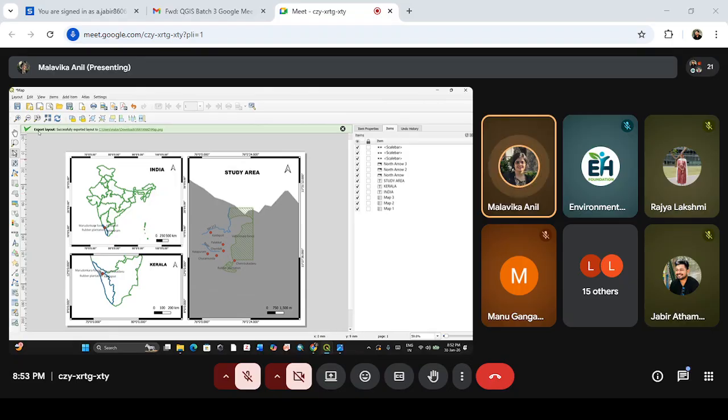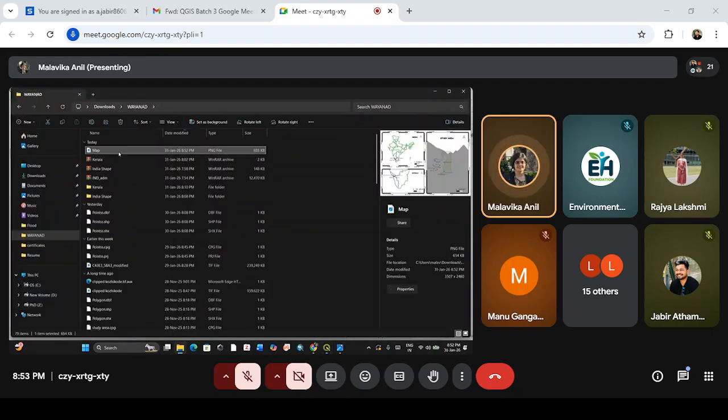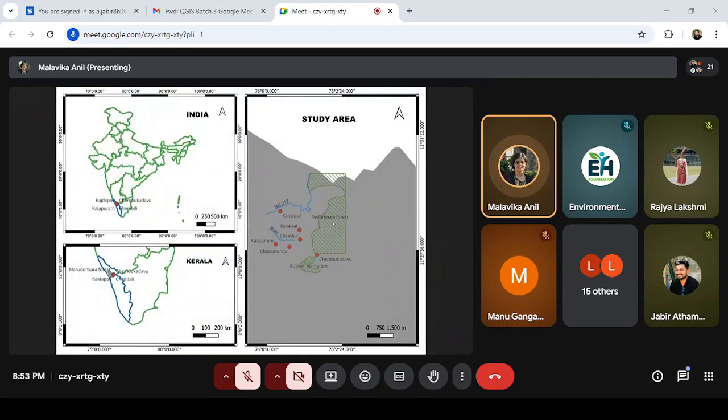Okay, so you can see the message that the export has been successfully done into this folder, and we can go and check it there. Yeah, this is there. See, our map has been exported. This is the final output. Okay,